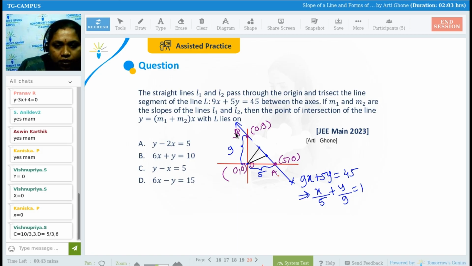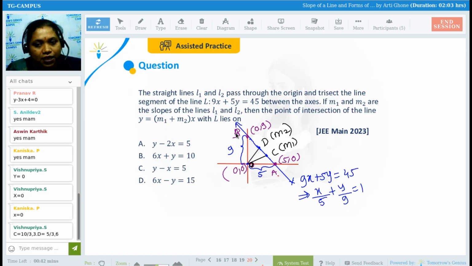I'll make it over here once again. This one is the line. This one is point C. This one is point D. This one is point O. Now, we got OC with the slope M1, OD with the slope M2. This is clear? Now, what they have told us is a new line, that is y is equal to M1 plus